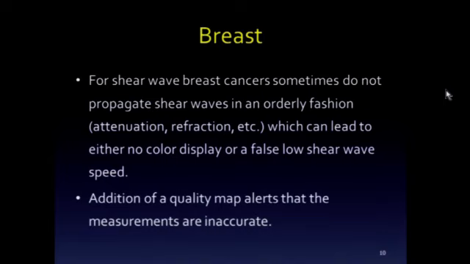And I think this has, in our practice, significantly helped us in improving and eliminating false negatives. And I think all the other vendors are now aware of this, and as we progress, all the vendors will have ways of alerting you when we have inaccurate shear waves, and not to use those values